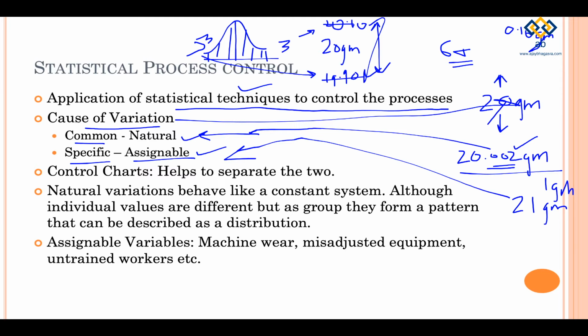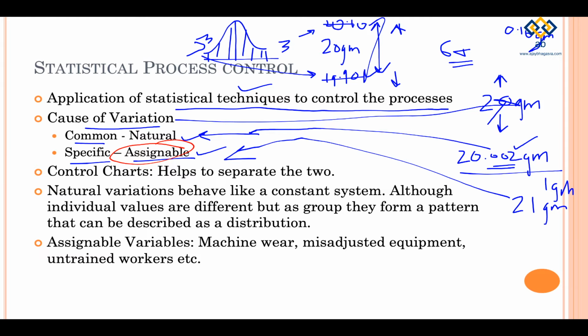But if the weight of this packet increases and it is more than 20.10 grams, or if it is less than 19.90 grams, this is not a natural variation, right? If this is the case, this is an assignable variation. That is actually highlighted by Six Sigma. So in other words, understand it very carefully. For Six Sigma,